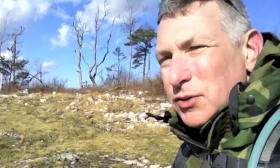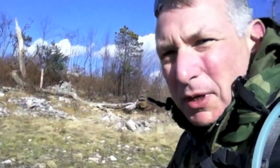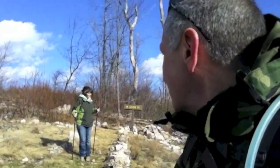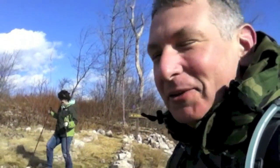Out into this area that's been logged previously. We follow these logging roads, and we'll be kind of exposed to the wind here. If the wind wasn't going, it'd be a beautiful day. And it's not too bad, but the wind just got